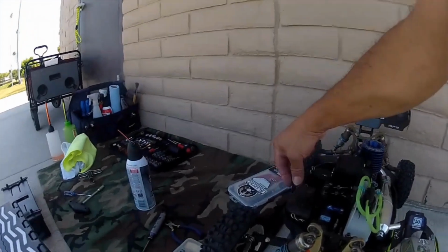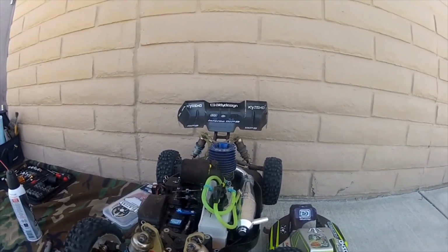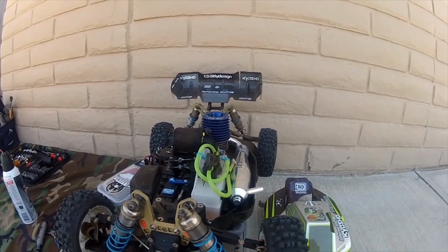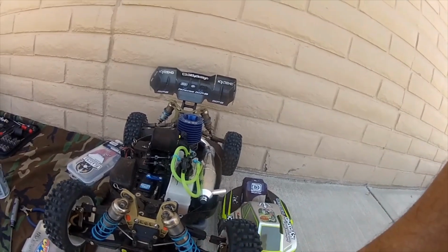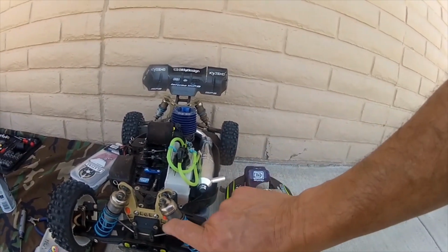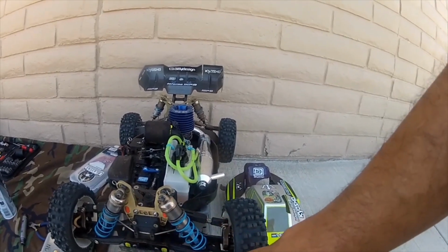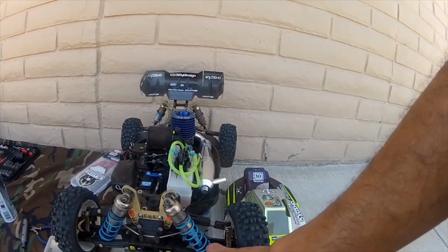Alright people, I'm back. There you have it. The Kyosho MP9 TKI4, fully modified. I mean, this thing has every carbon fiber, aluminum, titanium, graphite part that there is. The only thing I haven't replaced fully is the shocks. Like I said, I think I'm going to buy a brand new set, maybe the new MP10 shocks, or even the new MP10 TK2, I think it is, which I think are a little bit beefier,